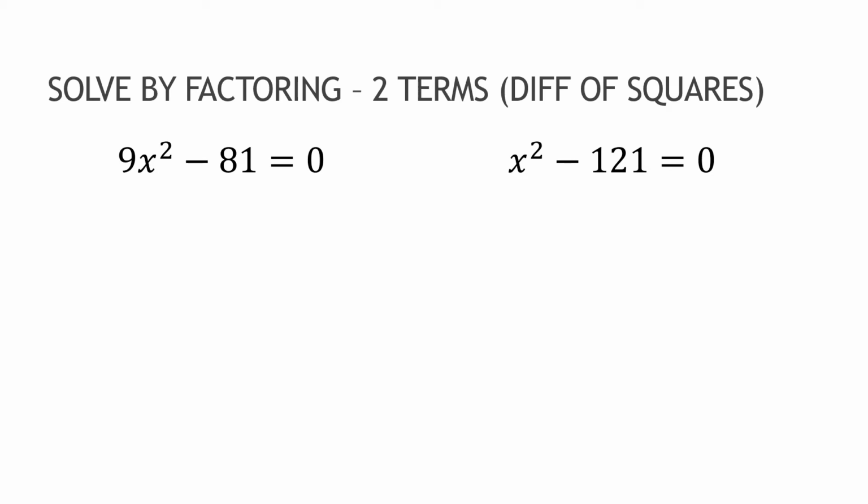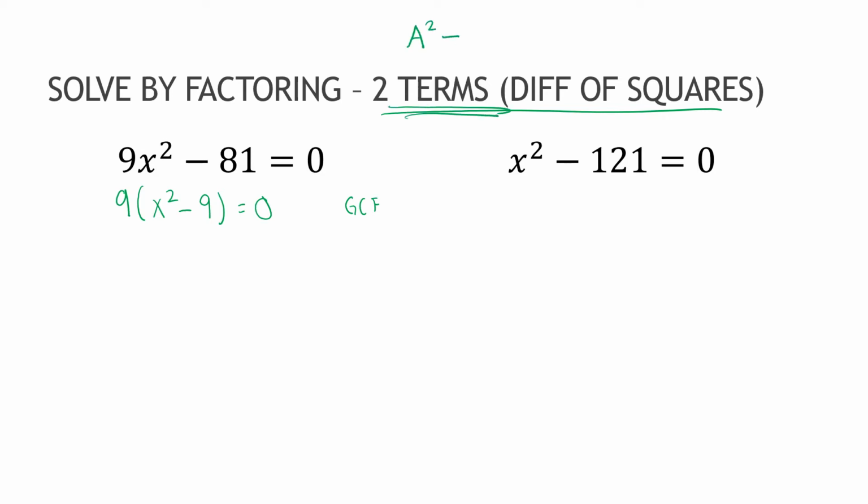So let's continue with what we just were doing on the other page. We already took a 9 out of this to give me x squared minus 9 equals 0. And again, that was that first step using the GCF. And now I want to show you the difference of squares pattern. The difference of squares pattern says if you have a perfect square